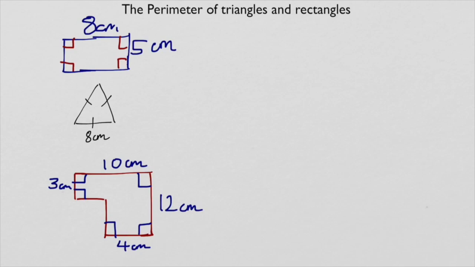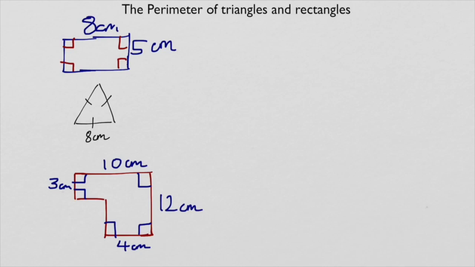Okay, so let's have a look at the first example. This rectangle here, the width is 8 centimeters and the height is 5 centimeters. And we want to work out the perimeter, which is the length all the way around the rectangle. So the first thing we want to find out is what is the length of